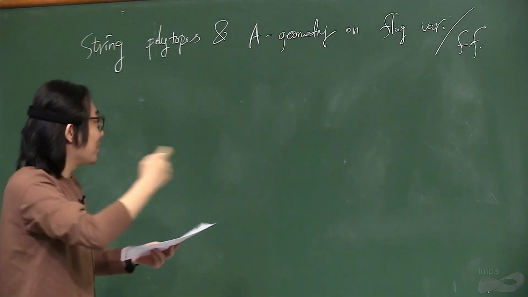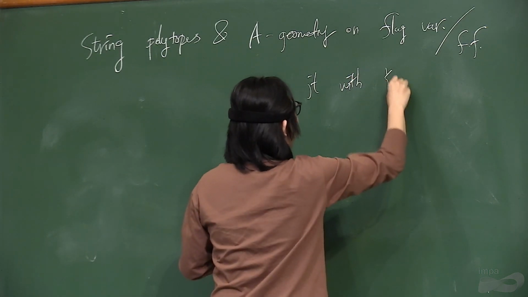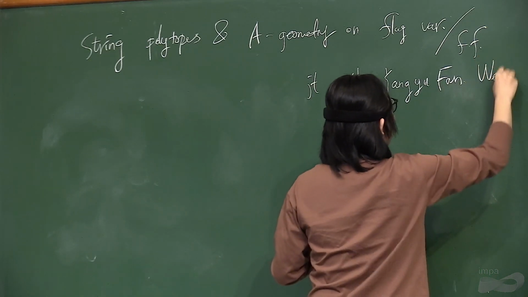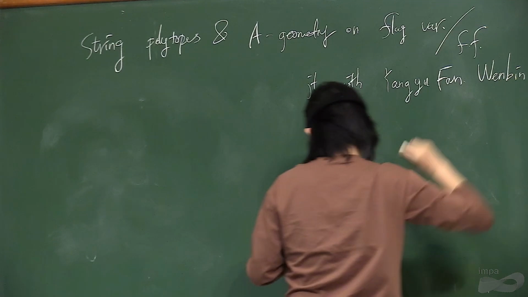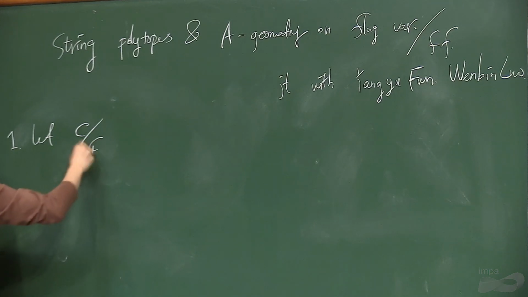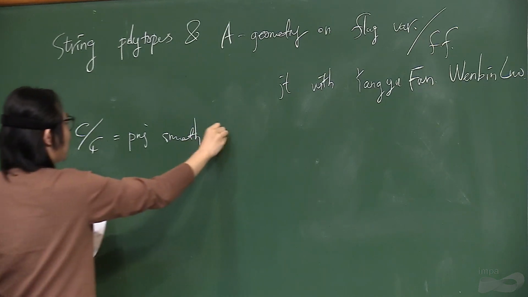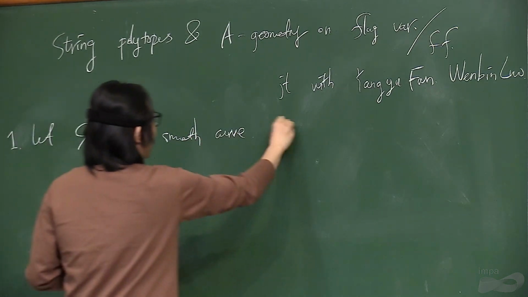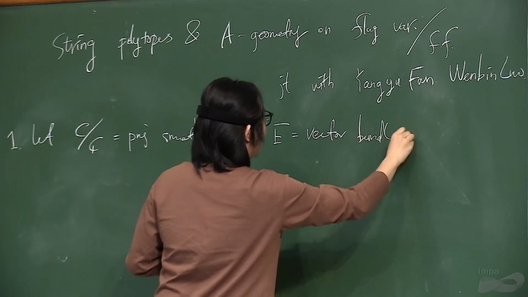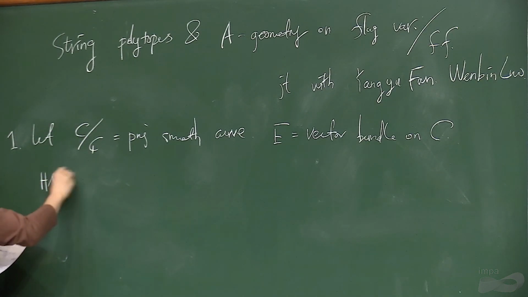Okay, so this is a joint work with Yang Yu Fan, Yang Yu, and Wenbin Luo. Okay, so let C be a projective smooth curve over the field of complex numbers, and E be a vector bundle on this curve C. And let's say it has a Harder-Narasimhan filtration